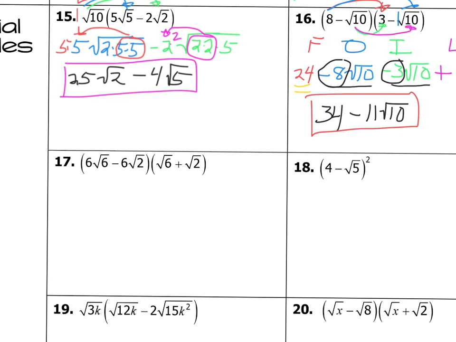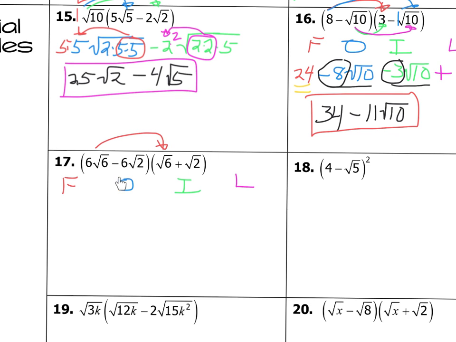So that's first and outer. And you're going to take the negative 6 rad 2 and multiply it to here and multiply it to here. That's your inner and last. So pause the video and try your FOIL and then restart the video. So F, O, I, and then L. Okay, so here we go. So first,